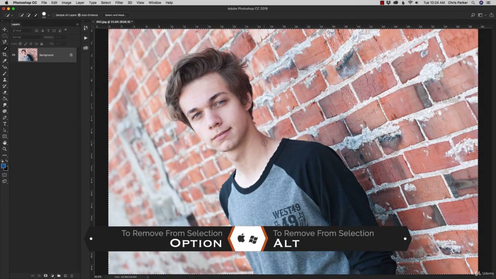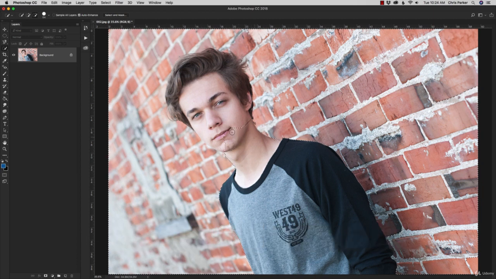So now I can use my Alt or Option key to remove from the selection so that I can add the face back in as well as the hair. So this is a very good tool, even though it's not selecting what you want from the beginning, because it does it very quickly. If you compare that to the lasso tool or even the magnetic lasso tool, it would take you a long time to go along the edge and make sure that those anchor points are aligned to the edges where you want them, whereas I can do a quick selection like this,